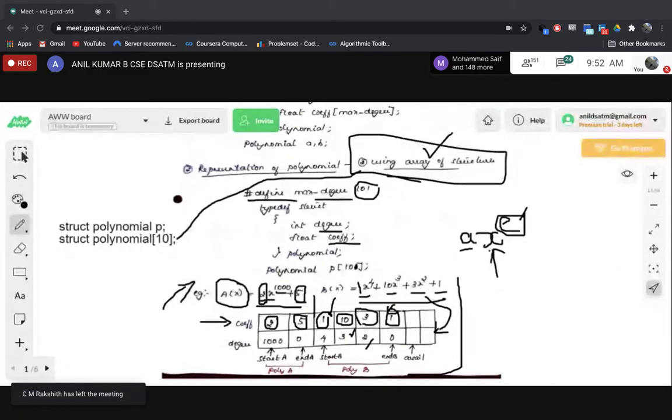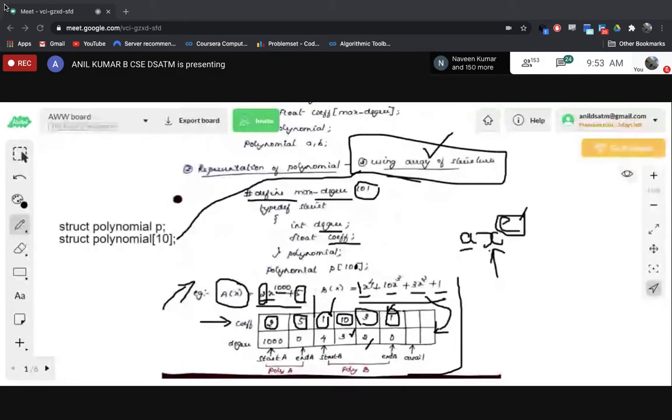That is the maximum degree 101. You can give it any number of values. That is a prefixed value. For example, #define pi as 3.14, some fixed value we are preferring. Wherever you want to use a degree, directly you can put it as max degree as a variable. Let's say it acts like a variable for the exponent. So that's a fixed value. You can vary it, no problem. That is not fixed as 101.